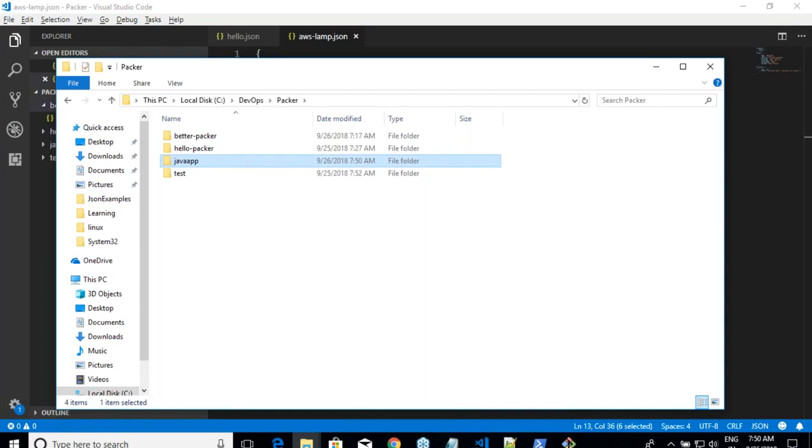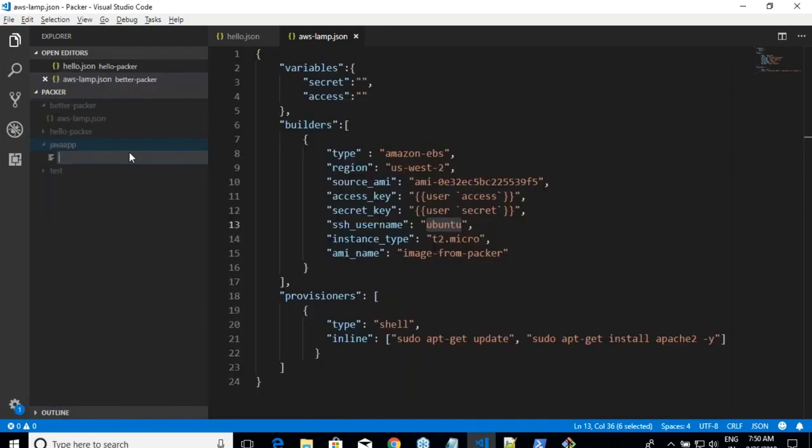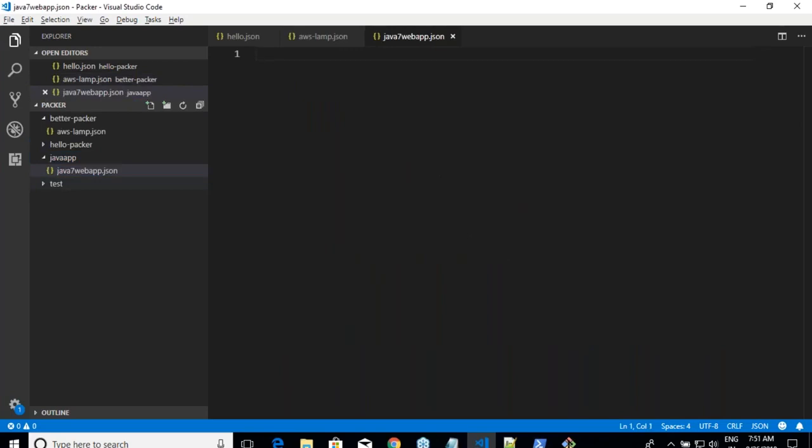So today you are writing a shell script, but actually you should be able to write an Ansible or a Chef script once you finish your DevOps journey, right? So I'll go over here, and since my Java app is Game of Life, let me write it as java7-web-app.json, because this script can deploy any Java 7 web app which has some web link. I'm really not worried about what it is. Java 7 and Tomcat 7, if your application is compatible, you can use the script. That is the statement I'm trying to make.